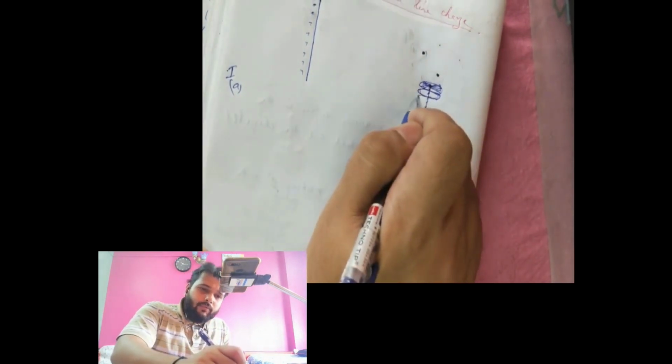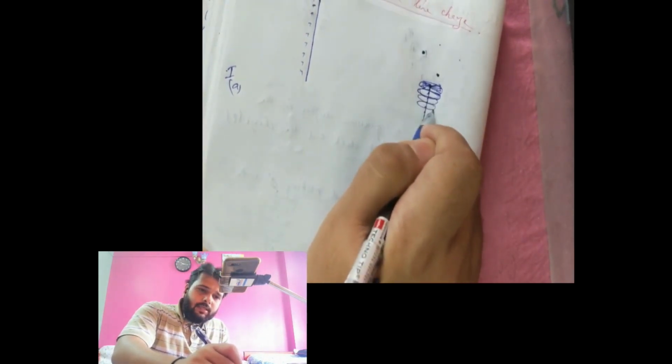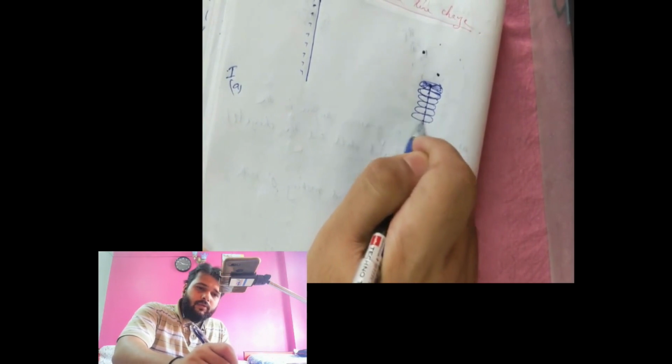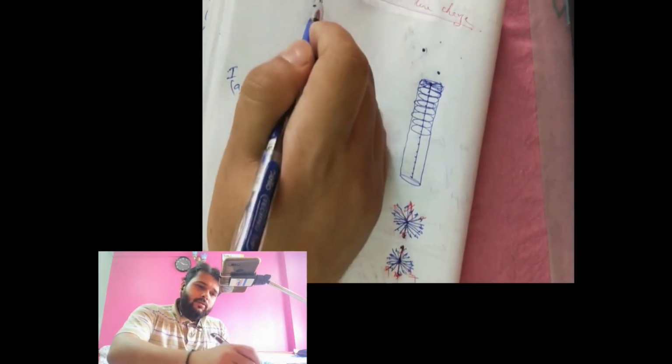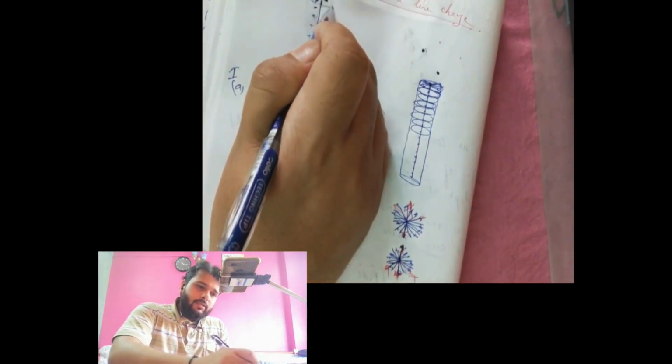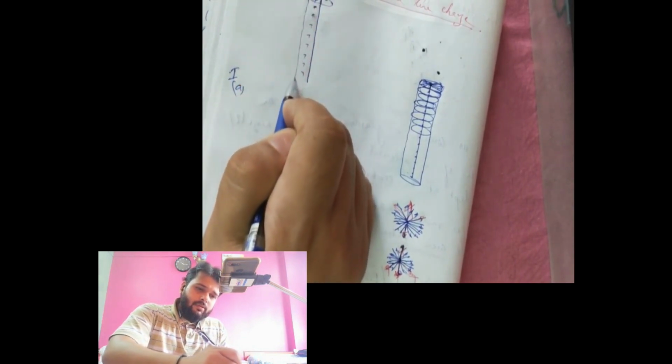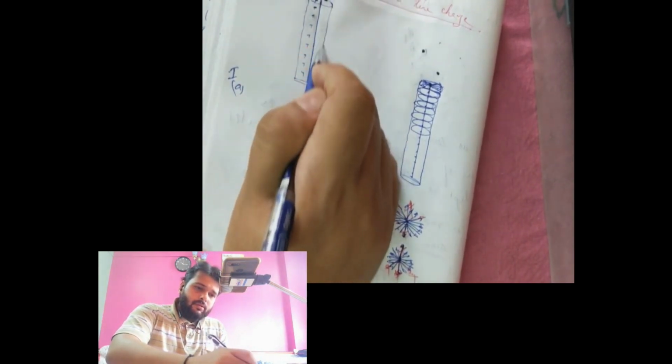So for every point charge electric field lines will be like this. And if I look at this surface, we'll find it to be cylindrical. Okay, so we can say that here the Gaussian surface will be